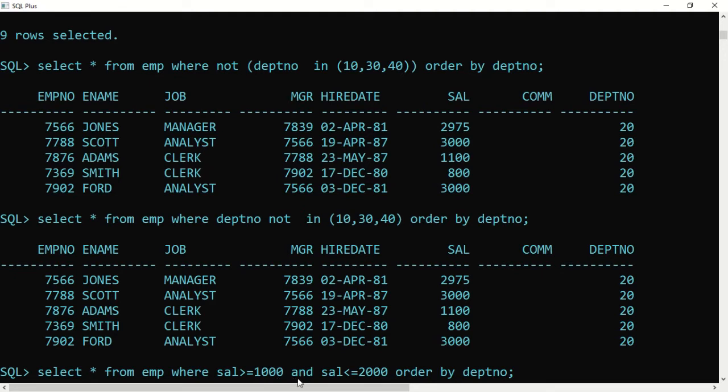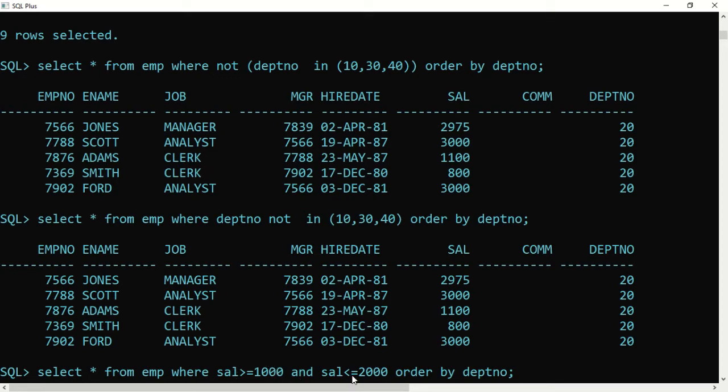Star means all the columns with all the records, and the record should match this condition. The first condition is before the and, and that condition is salary greater than or equal to, meaning 1000 is inclusive, and the salary should be less than or equal to 2000. So this is the second condition.